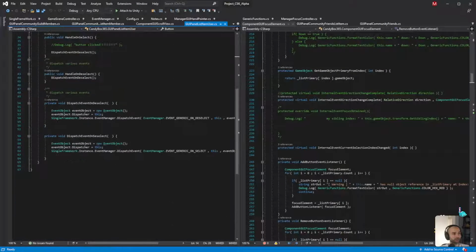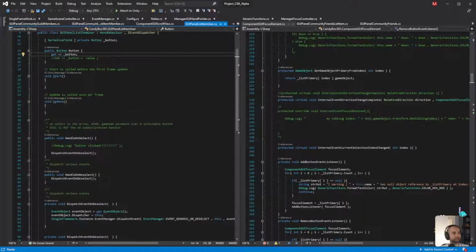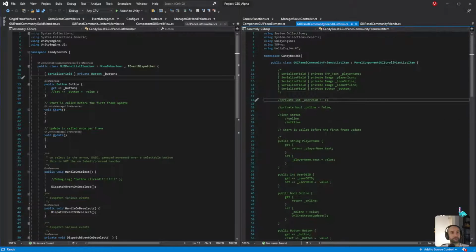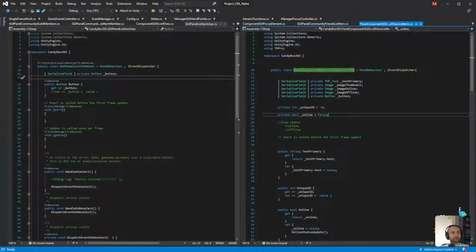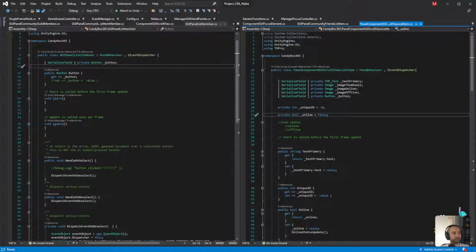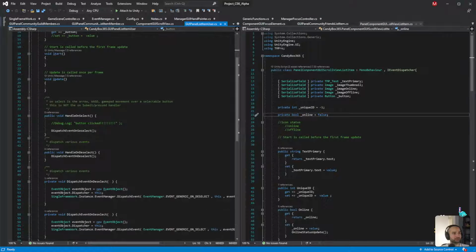Okay, so this extends from MonoBehaviour. Instead, we're going to make it extend from this class, because it already has all the functionality that we need. It basically does everything this does, so we don't need any of this.